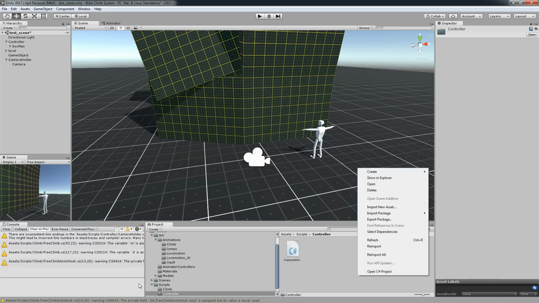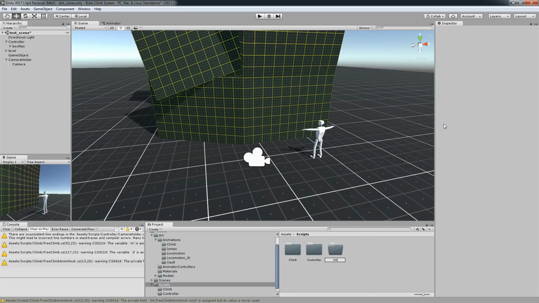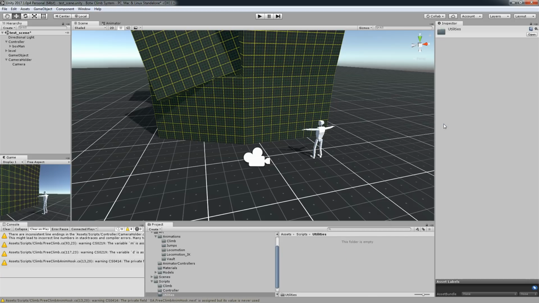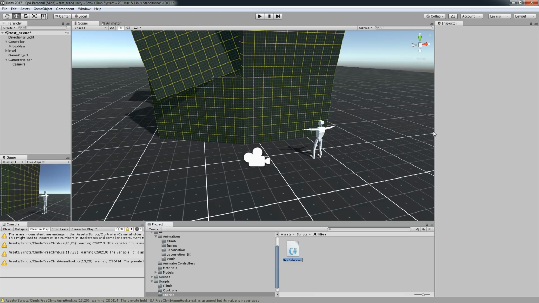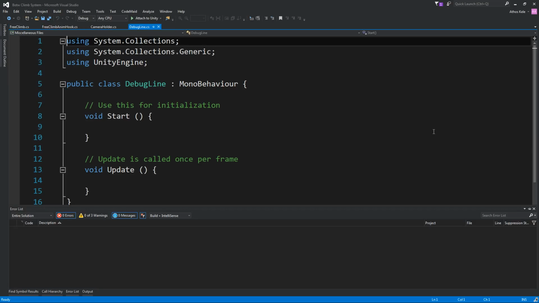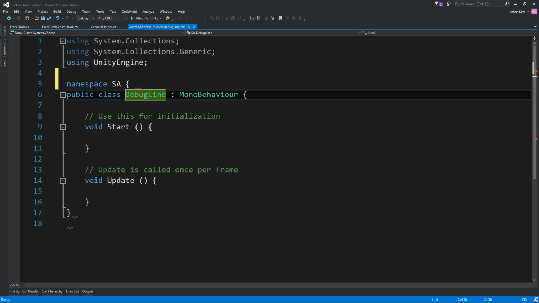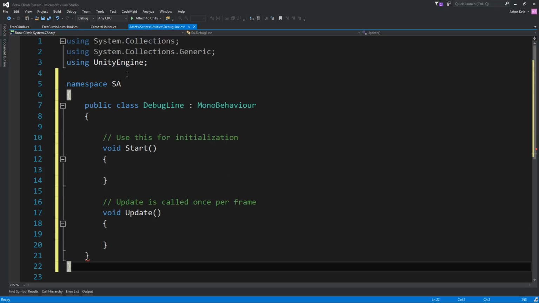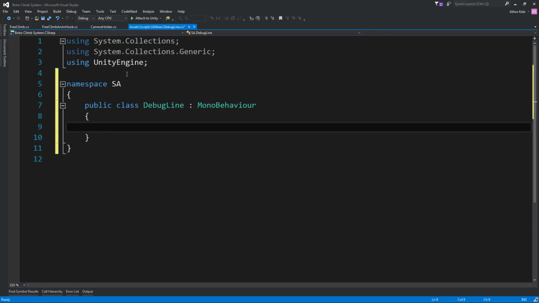Okay, so let's go and create now some utilities. And let's call this debug line. Oh, let's just leave it like that. Let's delete all of this for now.